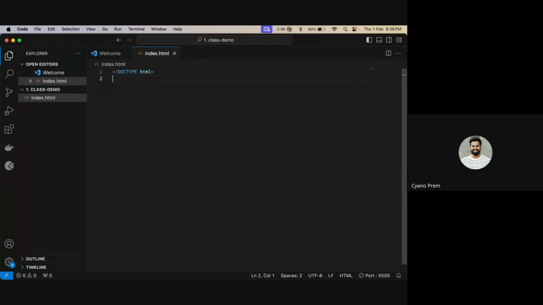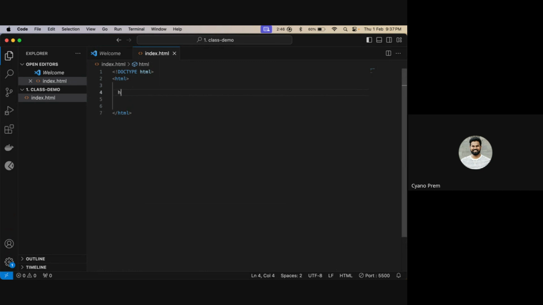And once you give this, we have to give an HTML tag. So I'm writing HTML. Here it is. If I click on this, I'll get both the opening and the closing tag. All your code has to be inside these HTML tags. Now I'm on the second line. To format code properly, I can give a tab. It gives some extra space so that when we are reading the code, it will be easier to understand. So this is the first tag, the HTML tag, which we have given.